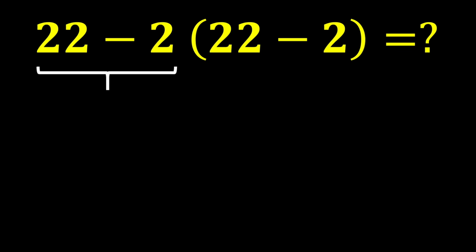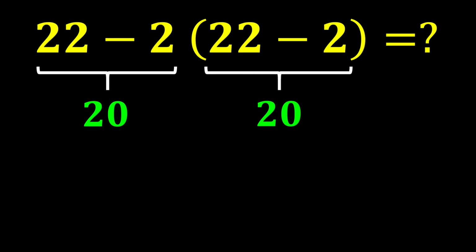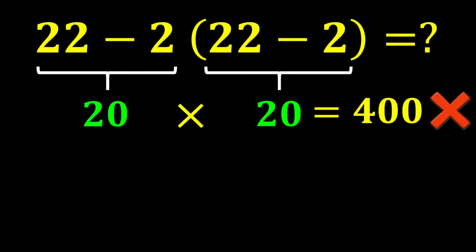22 minus 2 gives us 20, and again inside the parentheses, 22 minus 2 gives us 20. In the end, 20 times 20 gives us 400, which is our final answer. But this answer is not correct because we did not follow one of the most important rules in mathematics called